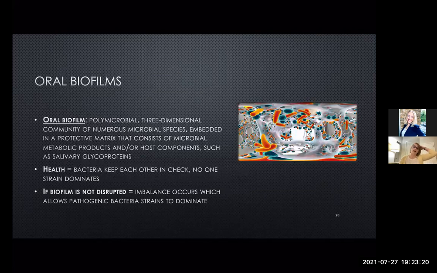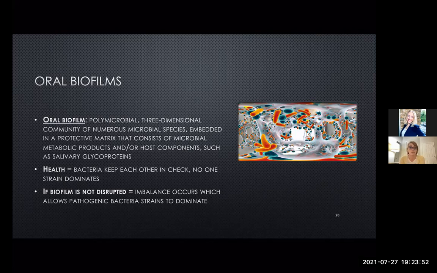So oral biofilm. I love this picture. It's in your book. It's all over the place. Oral biofilm. This is basically plaque on your teeth. So just think of tons of ingredients in there. Bacteria. We've got metabolic products, salivary glycoproteins. We have tons of microbial species, all in this protective matrix that has been secreted specifically to protect the bacteria